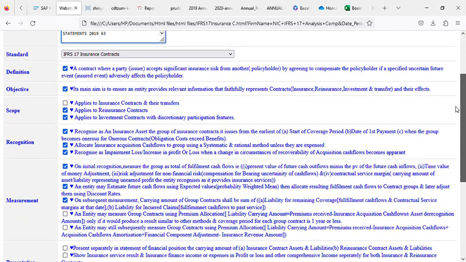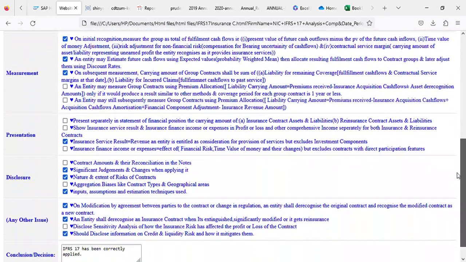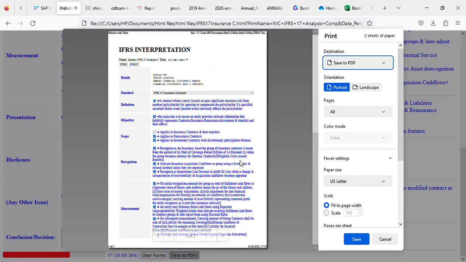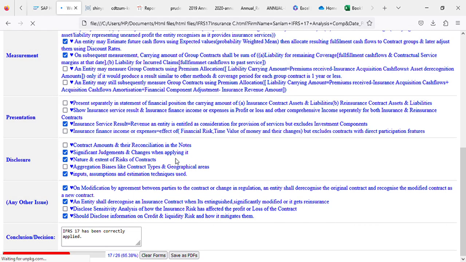And from all that information, the checkboxes that have been auto-ticked have showed that IFRS 17 has been correctly applied with a pass rate of 65%. Therefore, Sanlam, its financial statements are compliant with IFRS 17. Which is very good. We can use this as a snapshot to show, yes, Sanlam did very well when it came to complying with